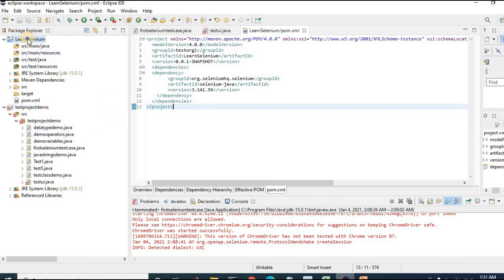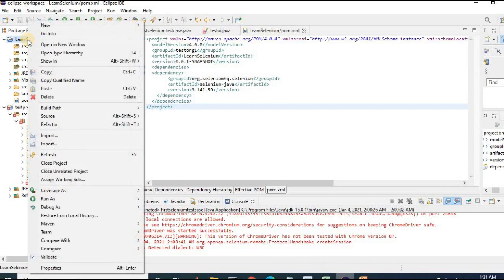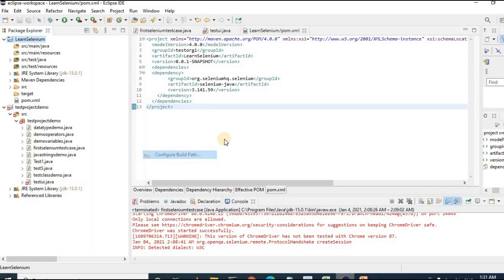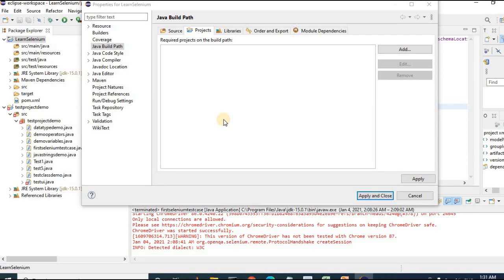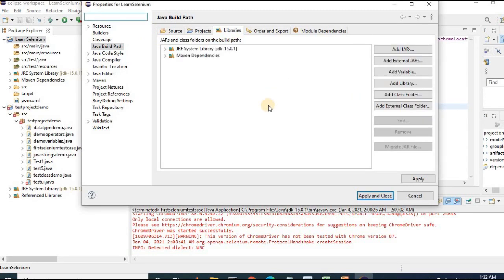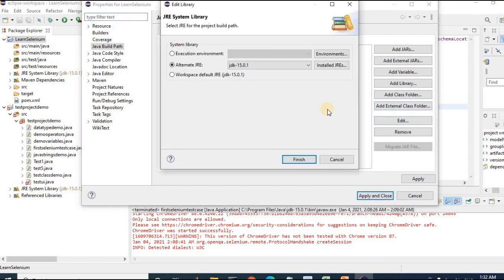Here we can also right click on it and click on Build Path and select Configure Build Path. Select Libraries. Now click on the Edit button.